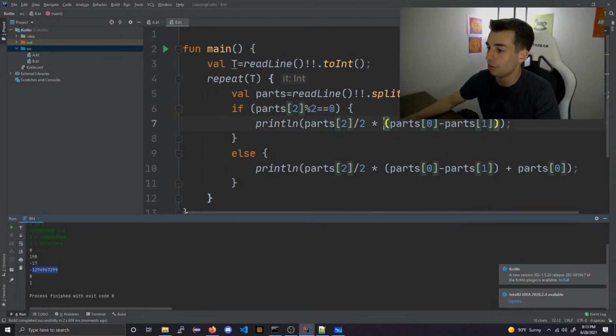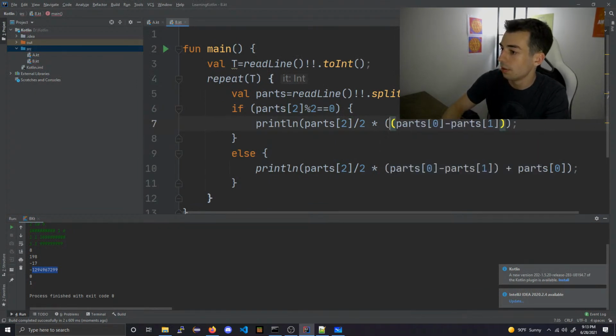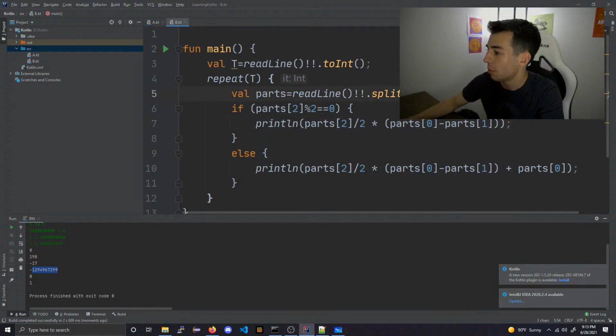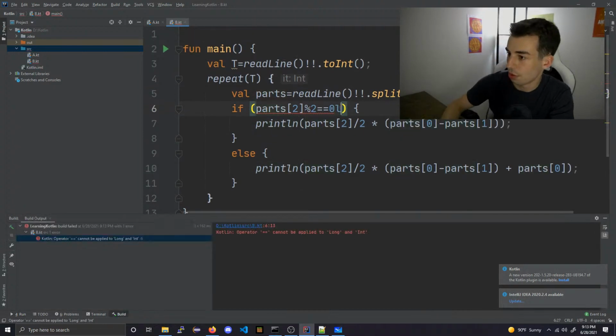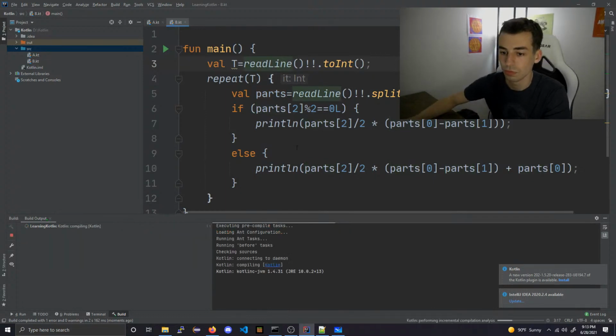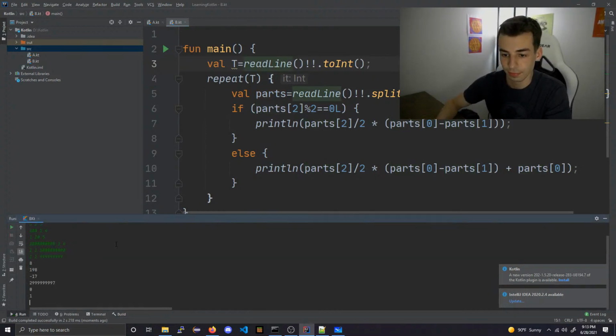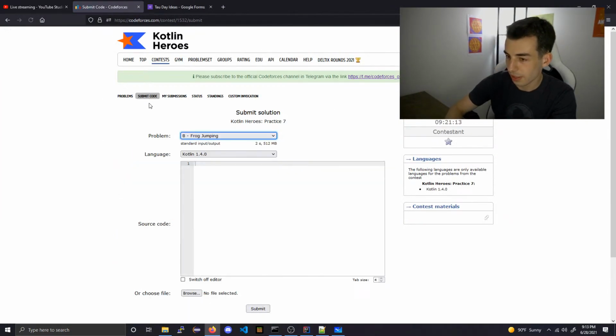Ooh, so we're overflowing. Yep, let's make this a long. Oh, let's just do 2L maybe then. Should be fine. L equals 0L. Looks good. All right, submit to B. Thank you for the nice